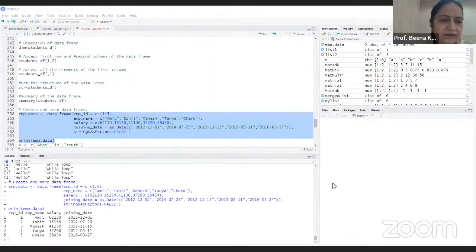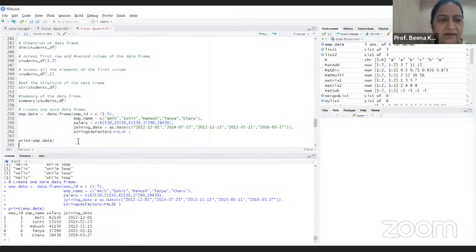So please execute this. So this is about the data frame. If you have some data and you want to work with the data in a tabular manner, then we can do it this way. Now before starting this, how to use existing data in an Excel file or CSV sheet, that we'll see. But before that,